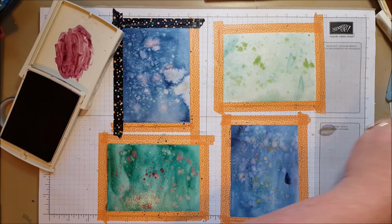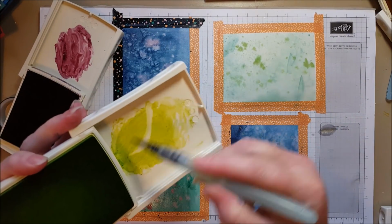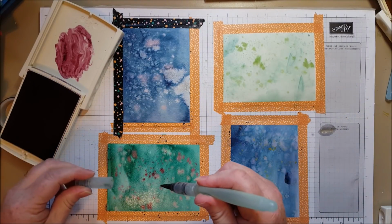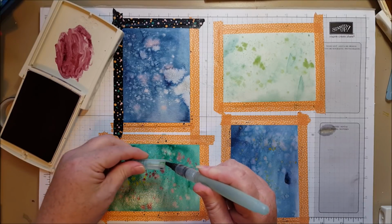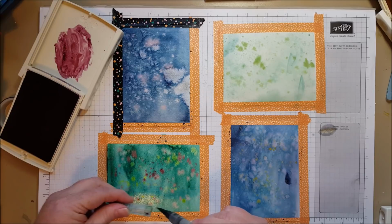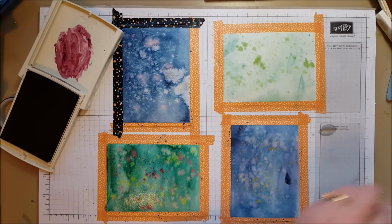there we go. Let's see what happens when we add Lemon Lime Twist. So we're just experimenting here. Oh, that's pretty. So what can you do with this color combination? There. So I think that